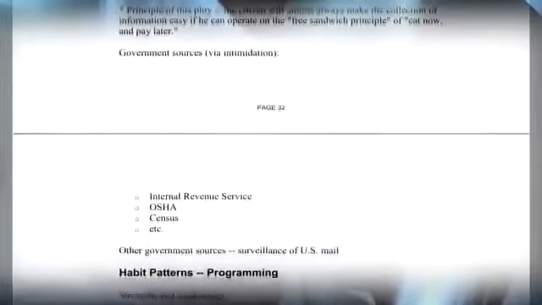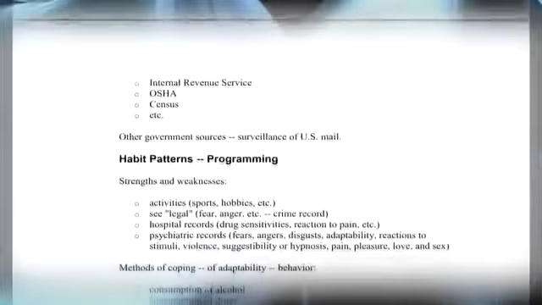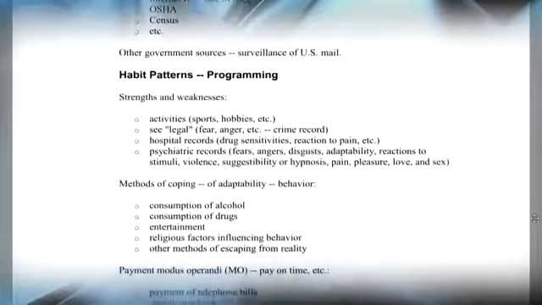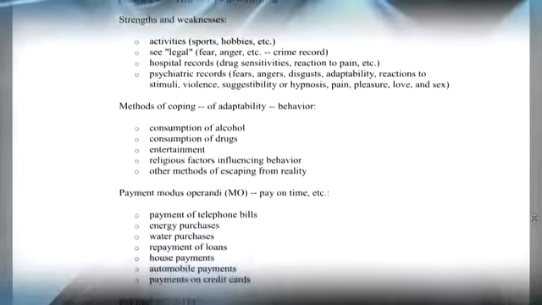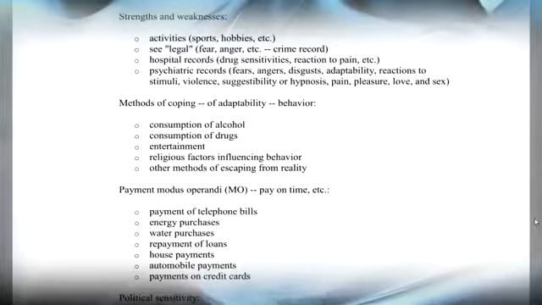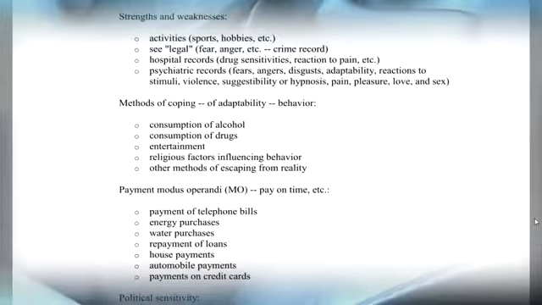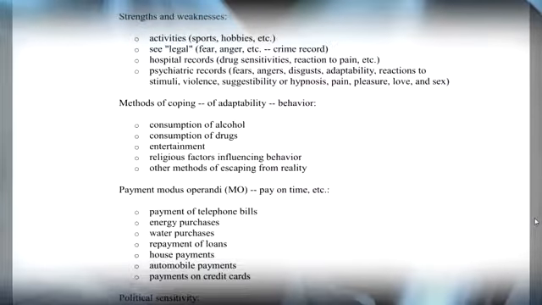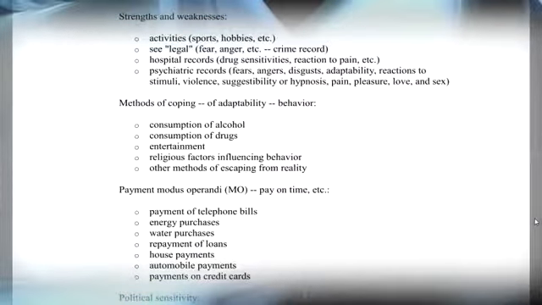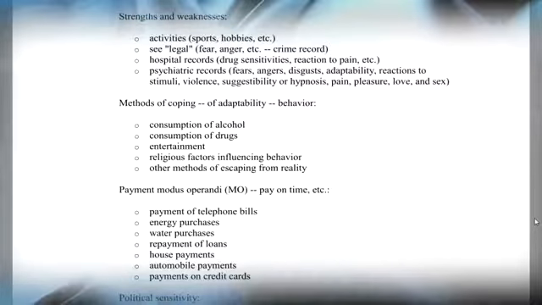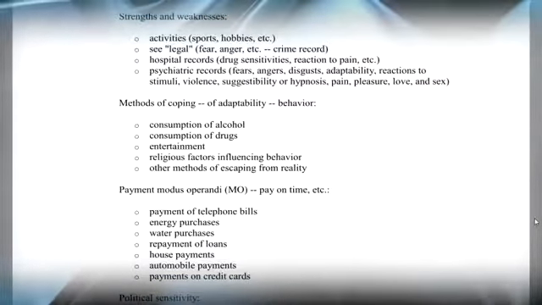government sources via intimidation, Internal Revenue Service, OSHA, Census, etc., other government sources, surveillance of U.S. mail, habits, patterns, programming, strengths and weaknesses, activities, sports, hobbies, sex, legal, fear, anger, crime record, hospital records, drug sensitivities, reaction to pain, psychiatric records, fears, angers, disgust, adaptability, reactions to stimuli, violence, suggestibility or hypnosis, pain, pleasure, love, and sex, methods of coping, adaptability and behavior, consumption of alcohol, consumption of drugs, entertainment, religious factors influencing behavior, other methods of escaping from reality,